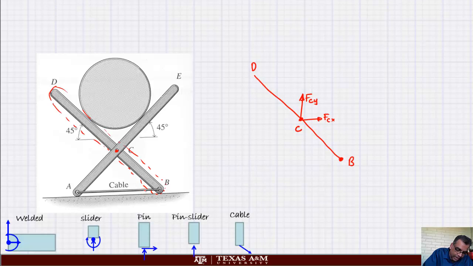Can you see that there's a cable here? So this is FB cable. Those are the joints which we know, right? Now look at the drum. The drum is touching this point and it's like an unpowered wheel. So there is no friction, there is no nothing. So the drum force